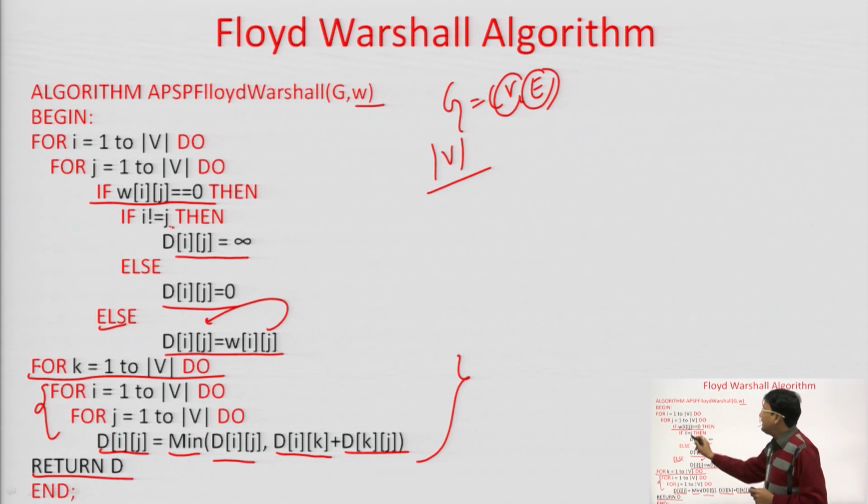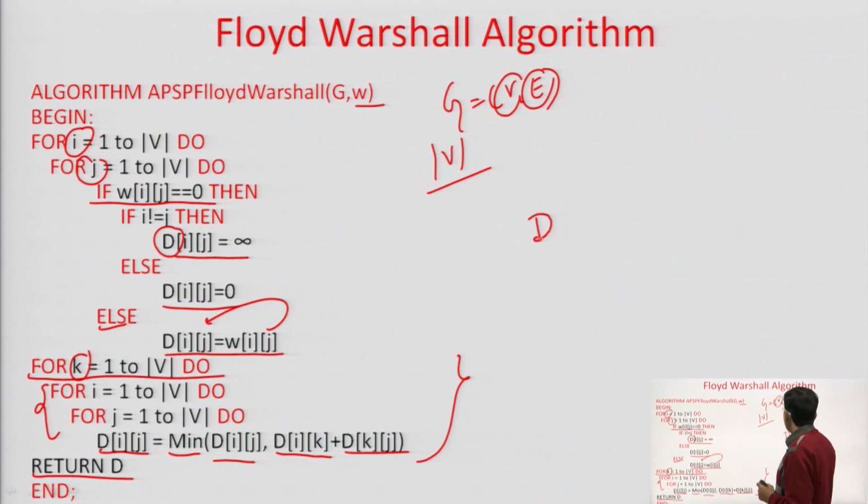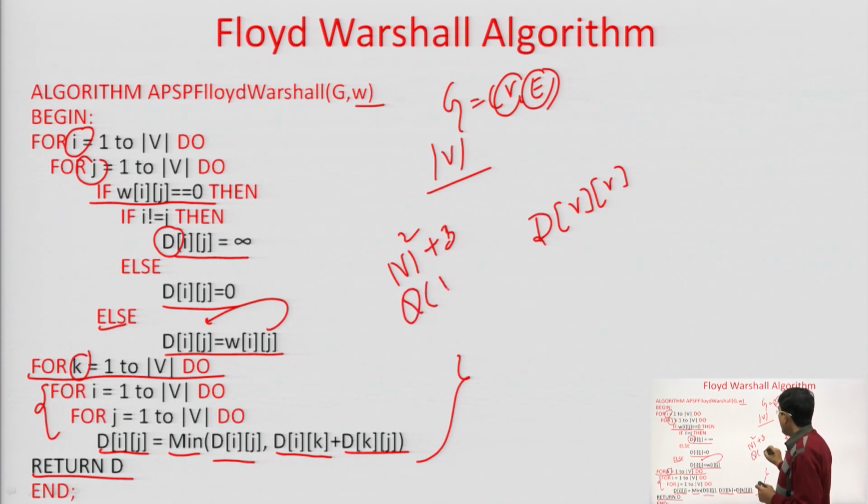Now इसकी analysis अगर आप करें तो you can see that you have been given G and W. From your side you pick the D, okay, and 2-3 more variables like I, J and K. Size of the D matrix or the distance matrix would be V cross V. Okay, so V square is the space plus some extra variables which are 1, 2 and 3, I, J and K. So V square plus 3. So here you require theta V square space.